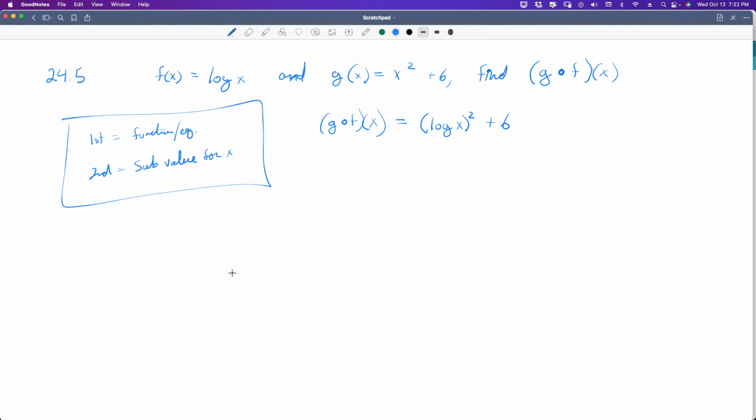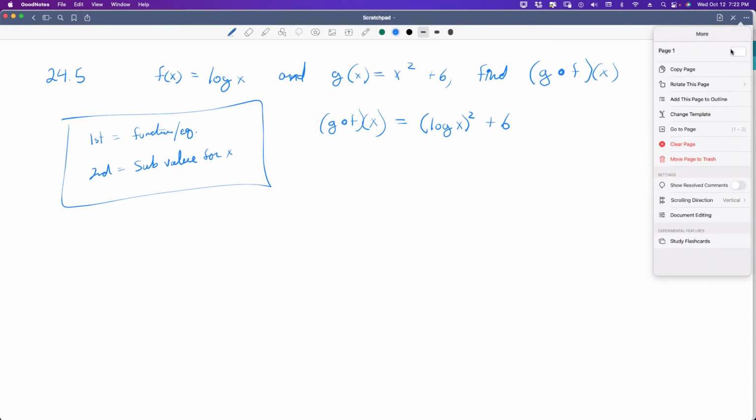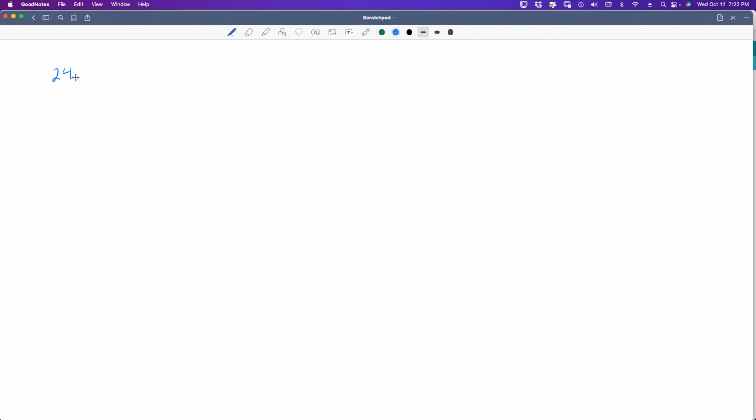So let's do 24.6 and see if we can go a little bit further. Let me clear this. All right, so if f of x is equal to x plus 2 and g of x is equal to x squared plus 3, find, oh, they've got 4 of these they want us to do. So, okay, that's cool. So A is the option